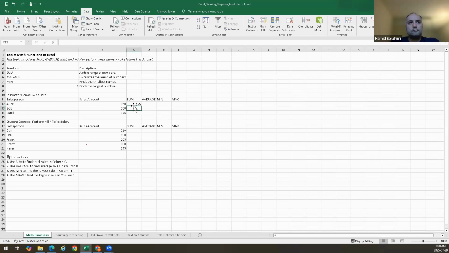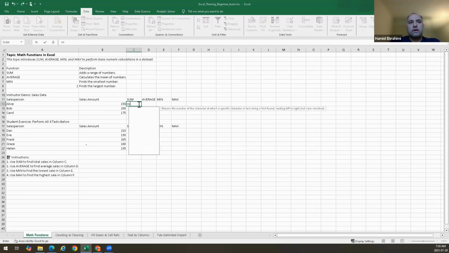Okay. So I can just do it one more time. I start with the equal sign. I can just hit sum. I can just click on it, or essentially put tab and open parentheses, and then select all these